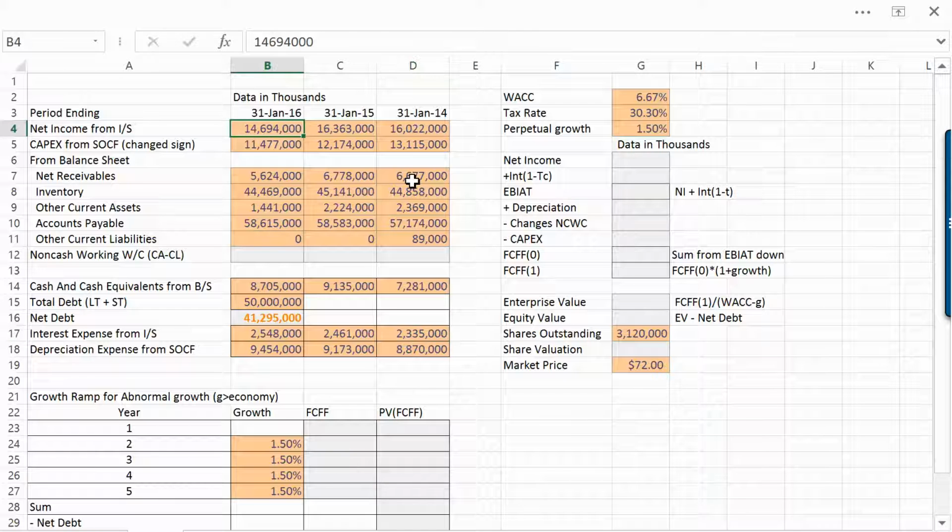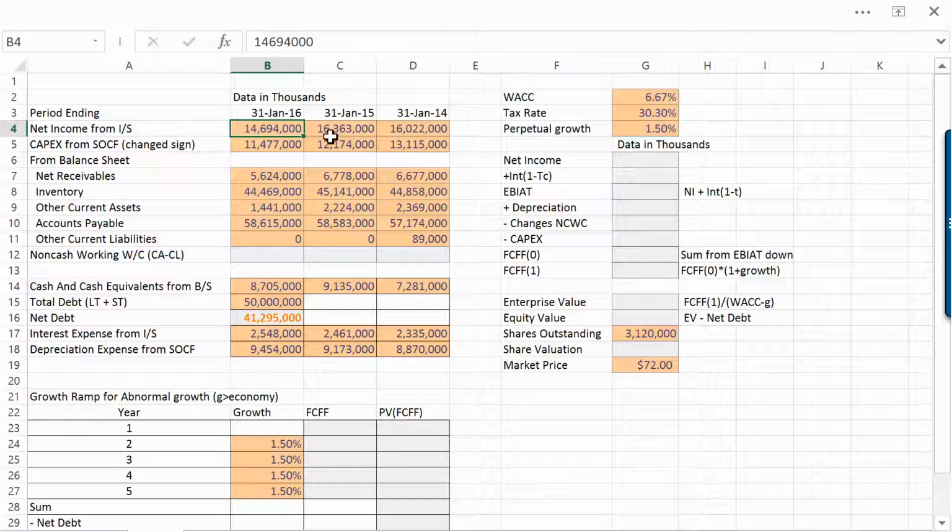We'll just pretend this period just ended. Don't worry about the dates. So let's say that in the most recent period that just ended, they had $14 billion of net income. This is the last few years of data. Some CapEx from the statement of cash flow. Now to get the working capital, I got net receivables, inventory, other current assets, accounts payable, other current liabilities. We can then add up the current assets